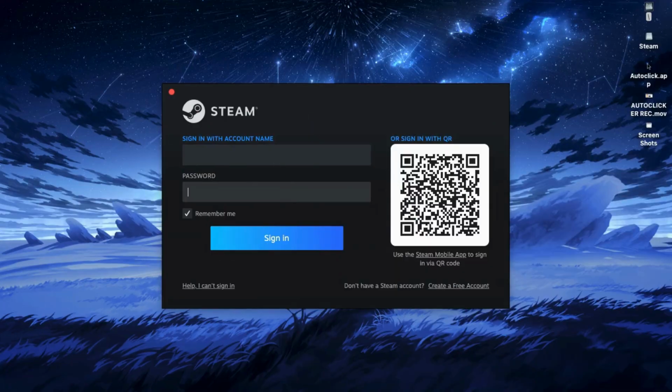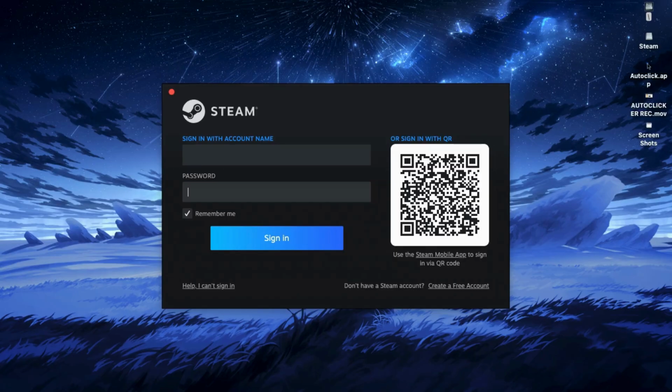Once it's installed, launch Steam and it'll ask you to log in. So if you already have an account, just sign in. If not, click on create account and make a new one. It's super easy. I couldn't sign in on my end because of a small problem, so I'll just show you the steps from here. So after you sign in, head to the Steam homepage, use the search bar and type in